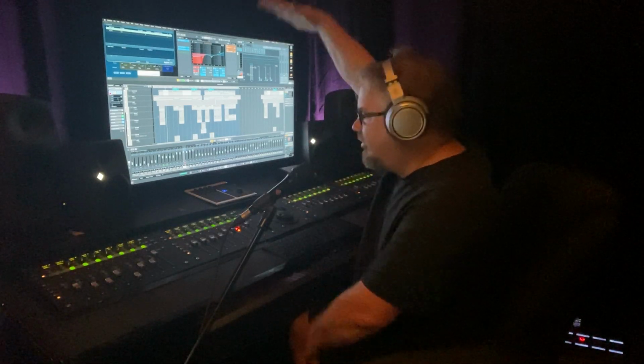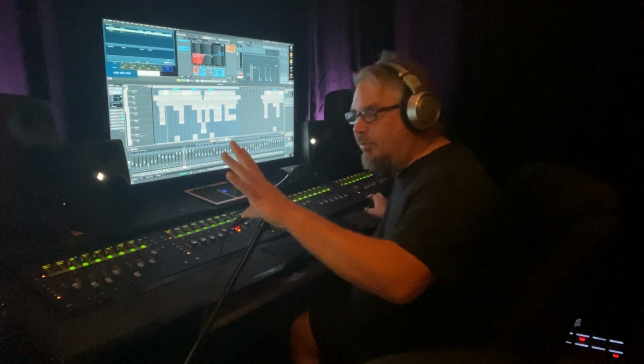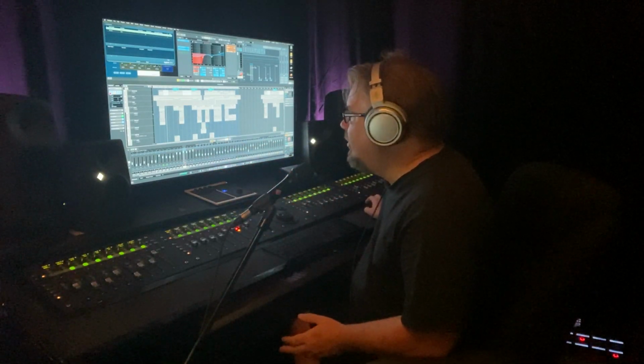So I get all of the horn stems, and then I go through all of them. And the same thing with the horns. You'll get unison, and then they split apart, or you'll get them starting weird and then coming together. So some of the horn parts are sculpted properly,